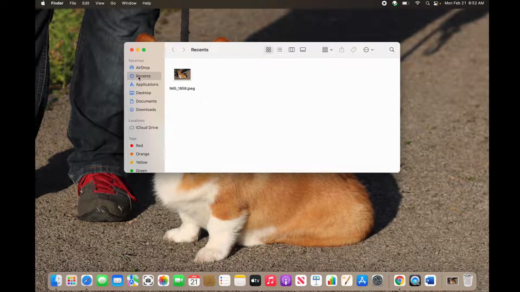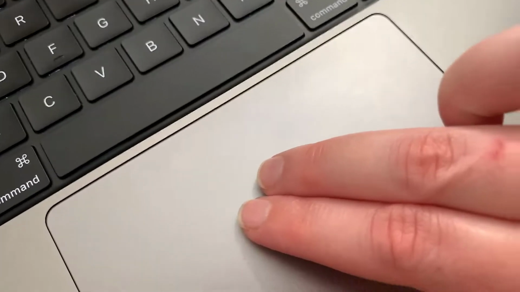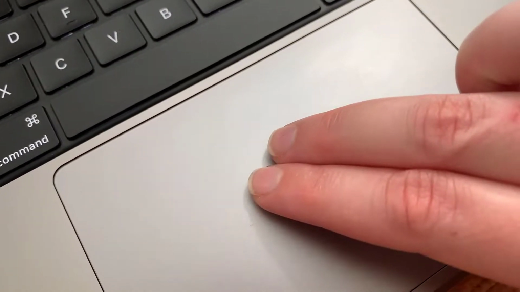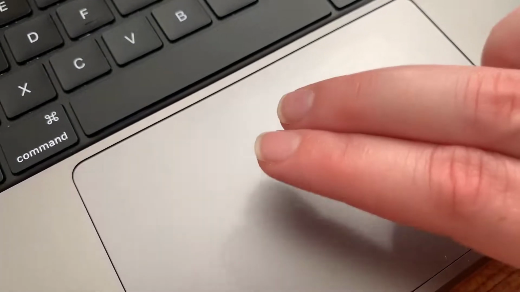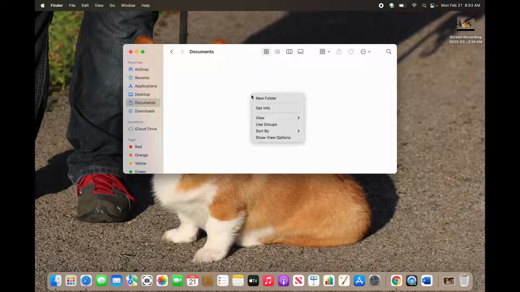Next, we'll see that it took me into the Recents section, which shows all the recent files that I've opened. Let's go ahead and go to the Documents folder, and let's go ahead and create a folder. Put your two fingers on your keypad and make sure to click down with them at the same time. Then you should get a menu that says New Folder. Select New Folder,